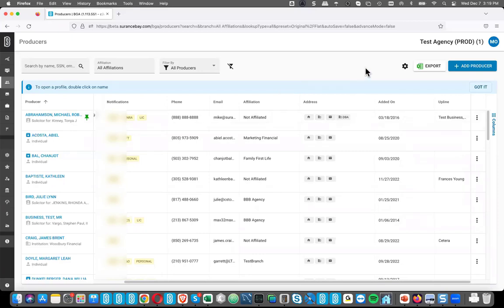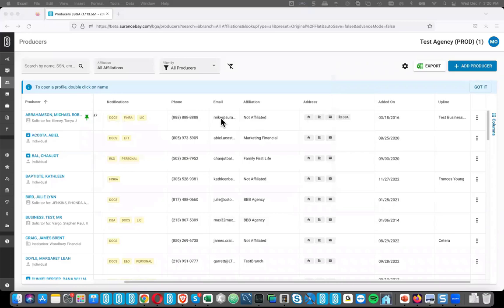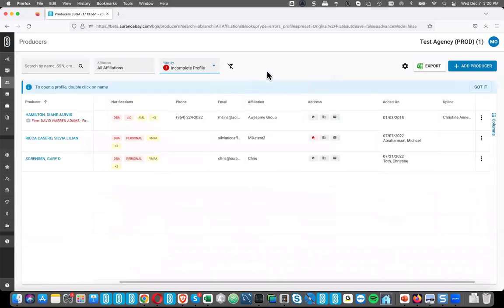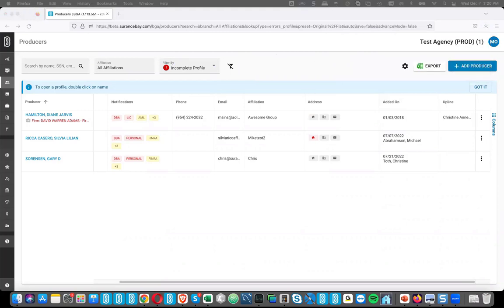And I mentioned we've added that quick export to Excel. Here's that button right here. If I just hit export, whatever I'm seeing on the screen is going to be exported to Excel right there. So I don't have to go into web reports. I just click on that button, and whatever I see in the list gets exported. And that includes if I apply a filter. Let's say I want to see all producers that have an incomplete profile, for instance. Well, I only have 3 here. If I want to export that, then it's nice and quick.